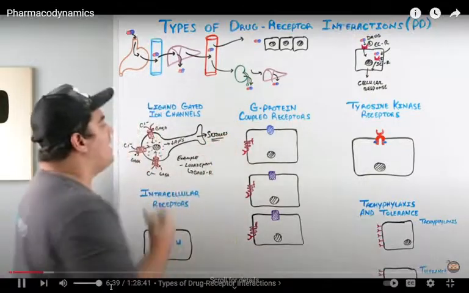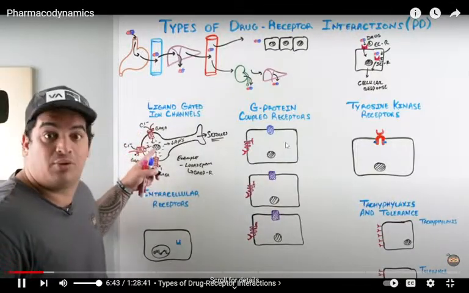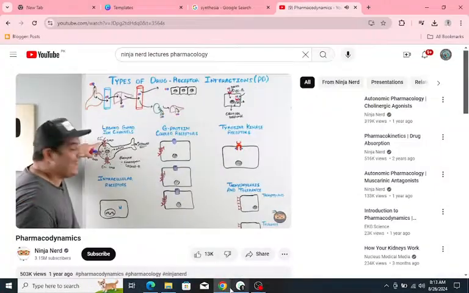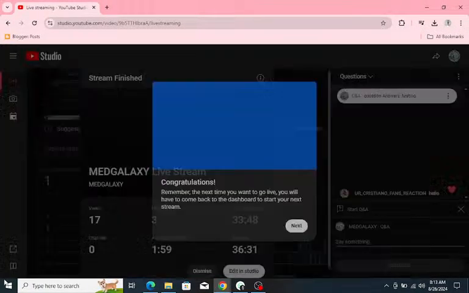So that's one example of how drugs can work at the receptor and produce a cellular response: they bind onto a ligand-gated ion channel, either open that channel or close that channel, and then depending upon what kind of channel they bind onto will determine which kind of